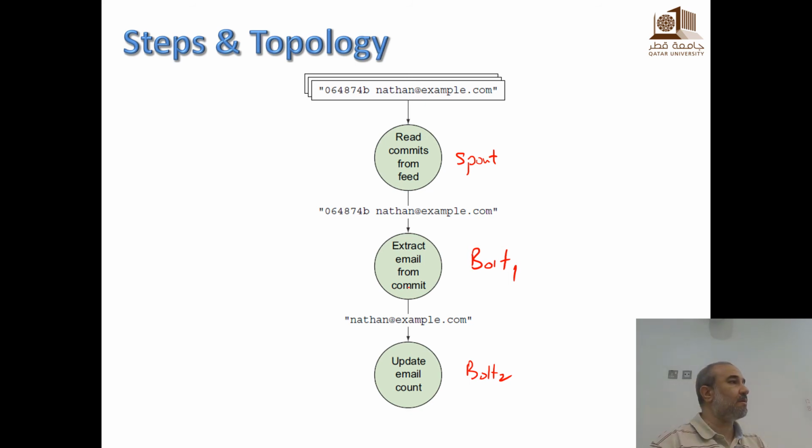What else? What is remaining here? So this is exactly the word count example, right? So we said that also we need to define the grouping for each link. Okay, so we need to define the grouping for each link. So this is basically, I think, everything that, at least for this example, we need to define.